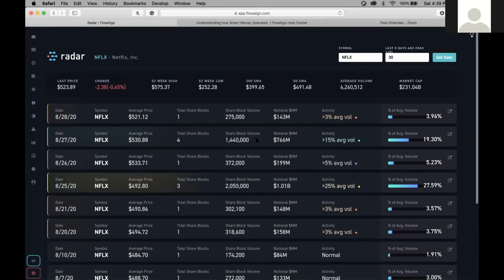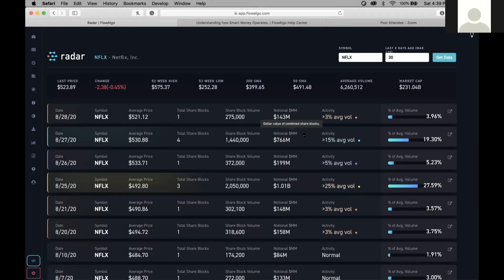So you can do this for any stock, and you can see, with all the data that we have so far on Netflix, using the calls, the historical flow, the snapshot, the radar here, that there's tons of Netflix being traded. Even just looking at the chart in the last week, Netflix is already on its way up, and it still has an all-time high to test.